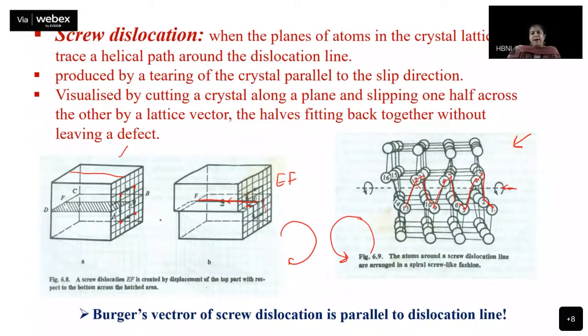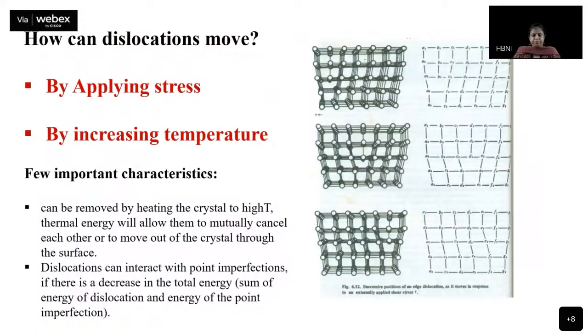Depending on whether the screw is moved in a clockwise or an anti-clockwise direction. Okay. Now, dislocations are very mobile. In fact, they deform the crystal, or rather its properties, only by the fact that they can move. And you can annihilate them by increasing temperature or by applying stress. And how would they get annihilated?